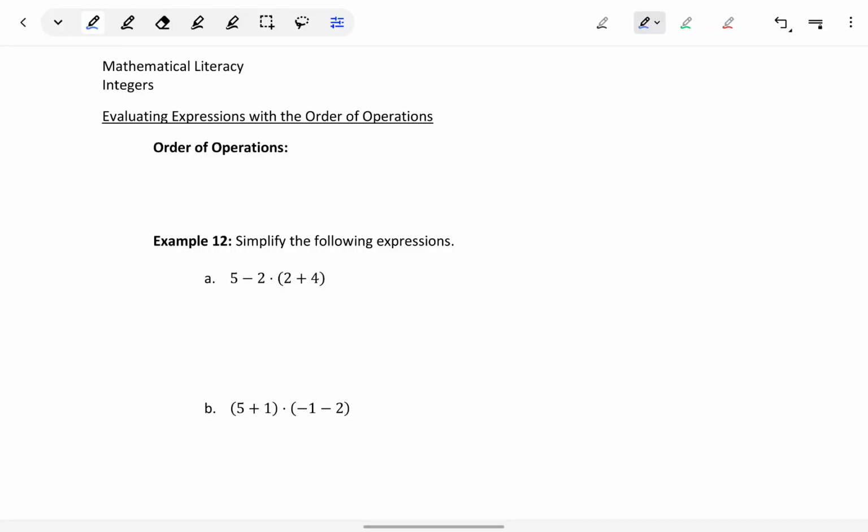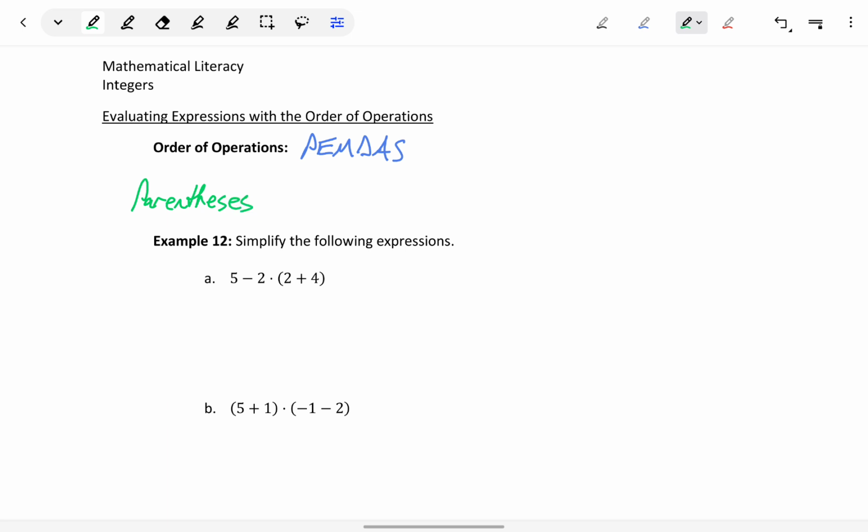Now we're ready to tackle some multi-step arithmetic problems by first reviewing the order of operations. There are different ways to memorize this order of operations. Some people just remember the phrase PEMDAS, or there's the acronym Please Excuse My Dear Aunt Sally, or other techniques for memorizing this. But we do need to commit that to memory. And what this tells us is the order of operations for evaluating a problem